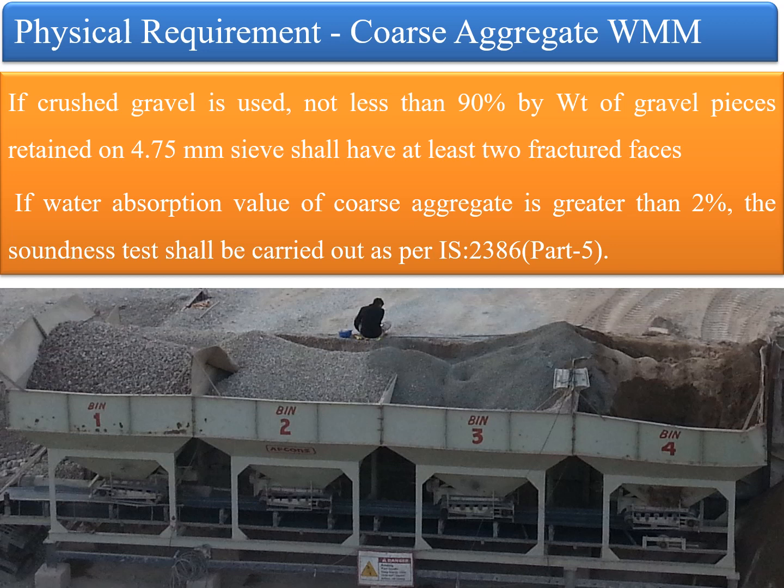Aggregates used are of smaller sizes, varying between 4.75 and 40 mm, and the binders, stone dust or quarry dust having a PI value not more than 6%, are pre-mixed in a batch plant or a mixing machine, normally a pug mill. Then they are brought to the site for laying and compaction. The PI of the binding material is kept low because it should be sound and non-plastic material. If the PI is more, then there are chances of swelling and more water retention.